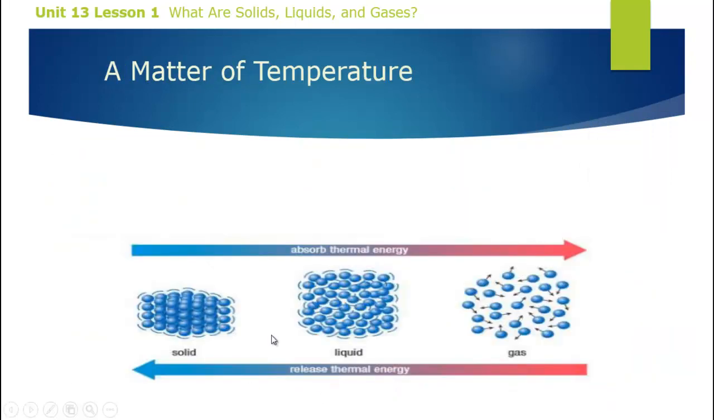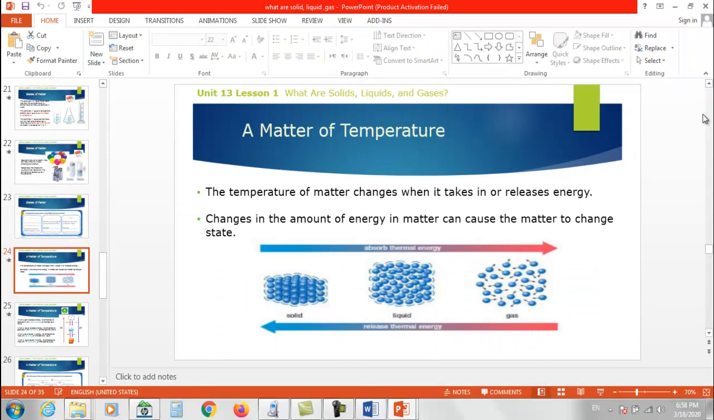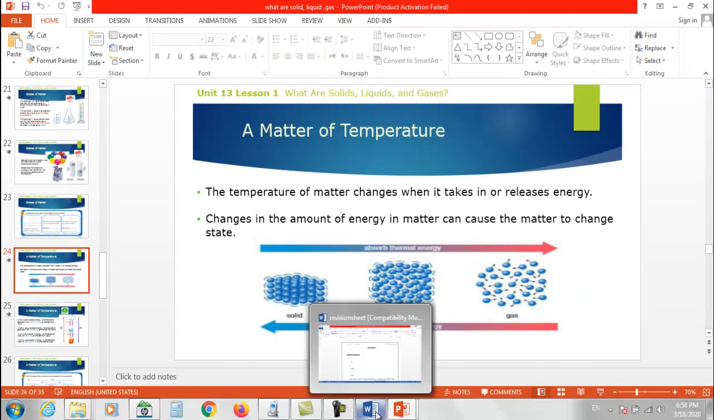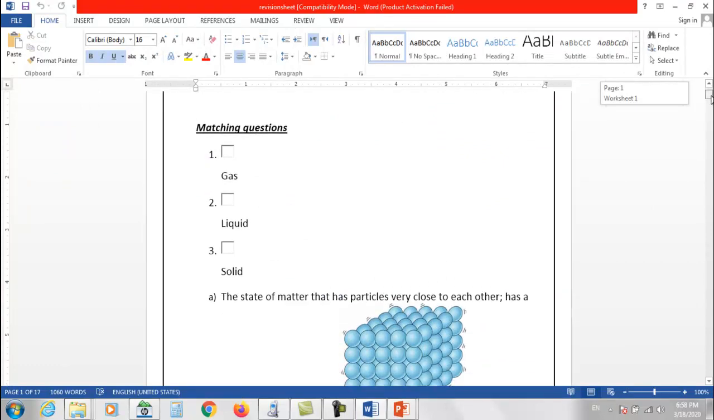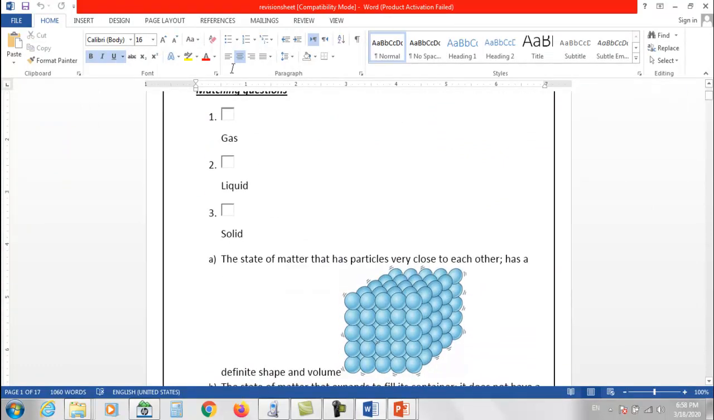Okay, it is the shape of particles in solid, liquid, and gases. Okay, let us solve the first part in our revision sheet. Okay, let us start. Matching question, the first one. Did you see? He wants you to match gas, liquid, and solid with these